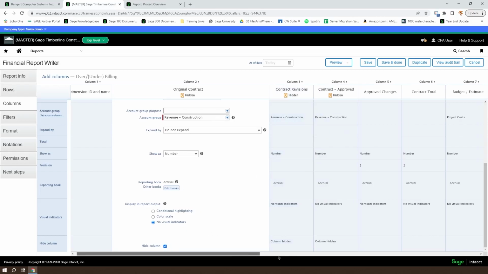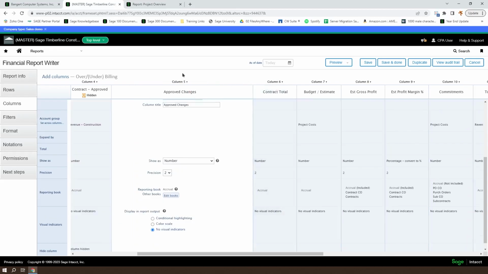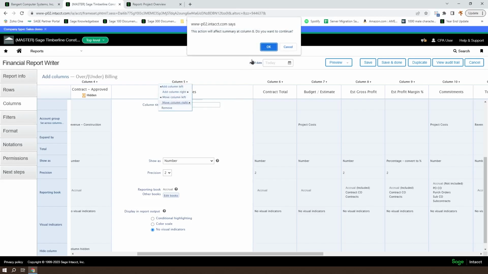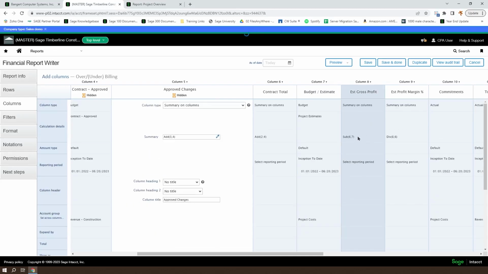And the approved changes we will show, but we want it to be one to the right. So we're going to move this column to the right. Yeah, we'll leave this where it is. We'll actually just hide both of them so that we don't have to update our summary here. And we'll use just the contract total.